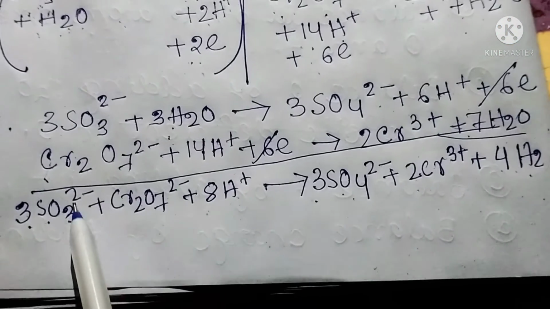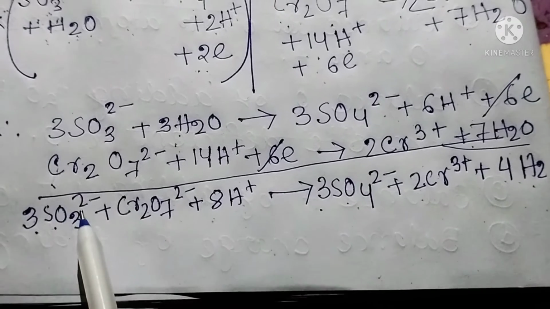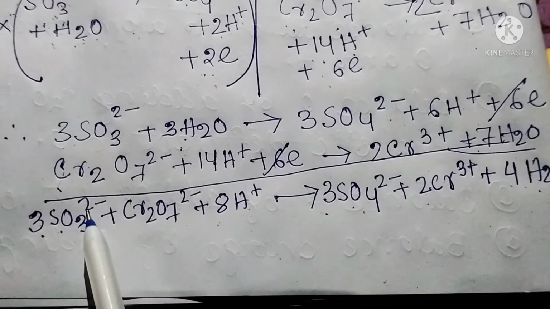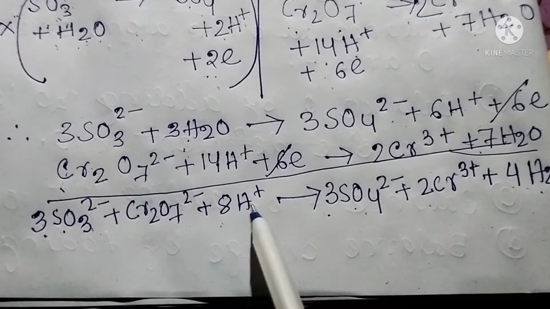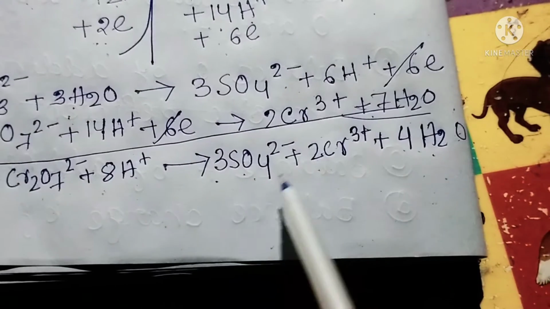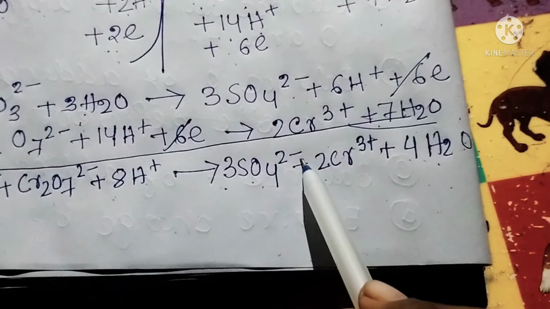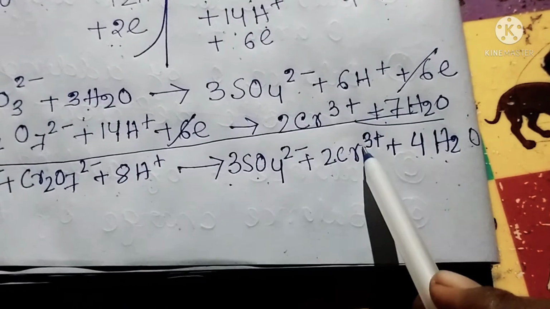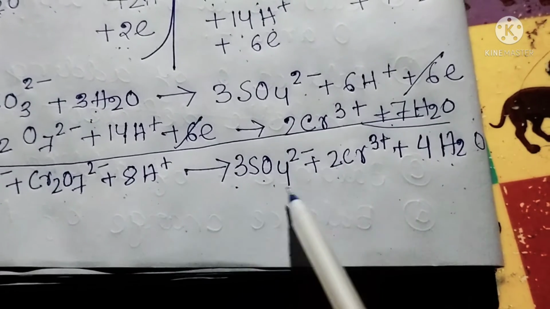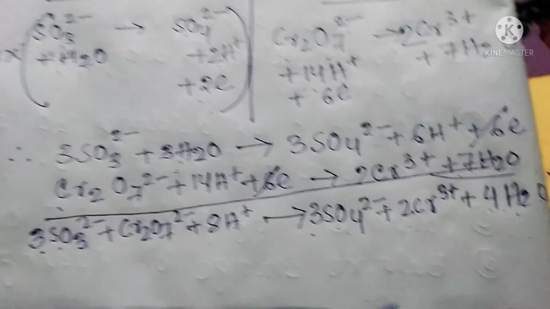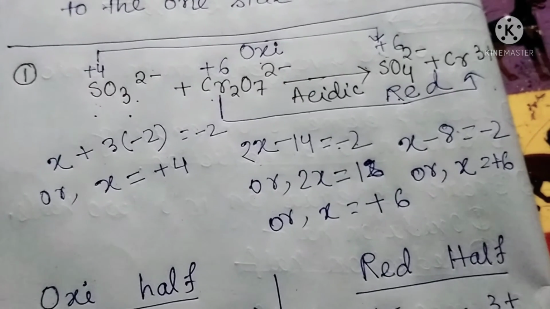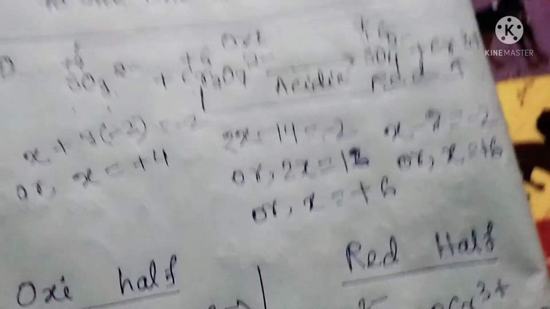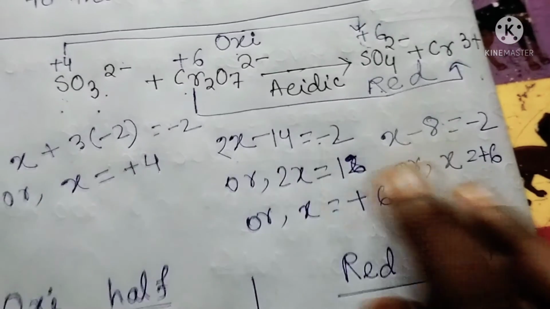Now charge: 2 minus 3, 2 minus, that means 6 minus, and 2 minus, 8 minus, plus 8 plus, that means this is 0 here. And here what happened? 3 2 minus, that means 6 minus, plus 2 3 is 6, 6 plus, 6 plus and 6 minus is 0. So this equation is balanced. So students, in this process we balance an equation by ion electron method. This is acidic medium.